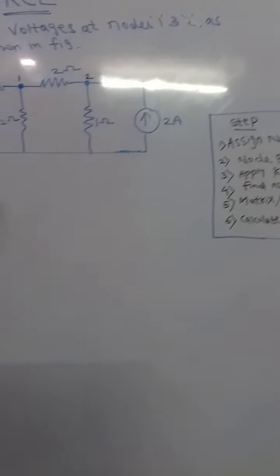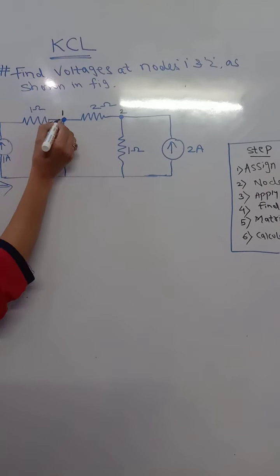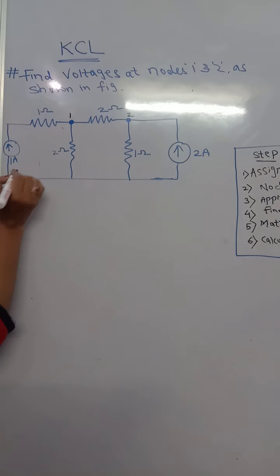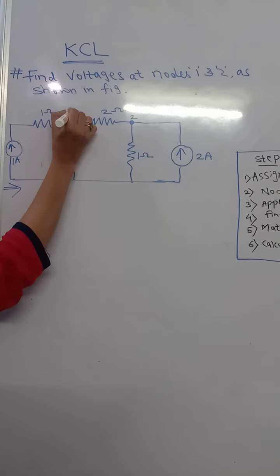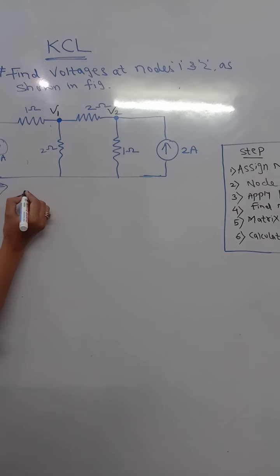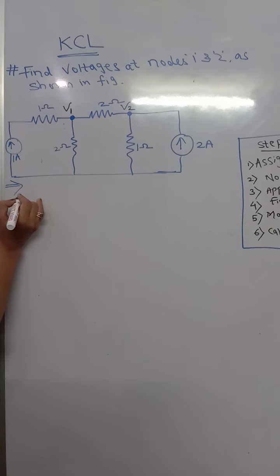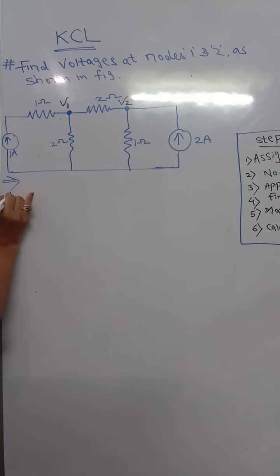Now start here. So how can you start? Just note down here, assigning the nodes. So node 1, node 2, the first step is over. You may give the name V1 here, and second is the voltage V2. In this way we need to calculate V1 and V2. So start here by applying, in this step number 1,